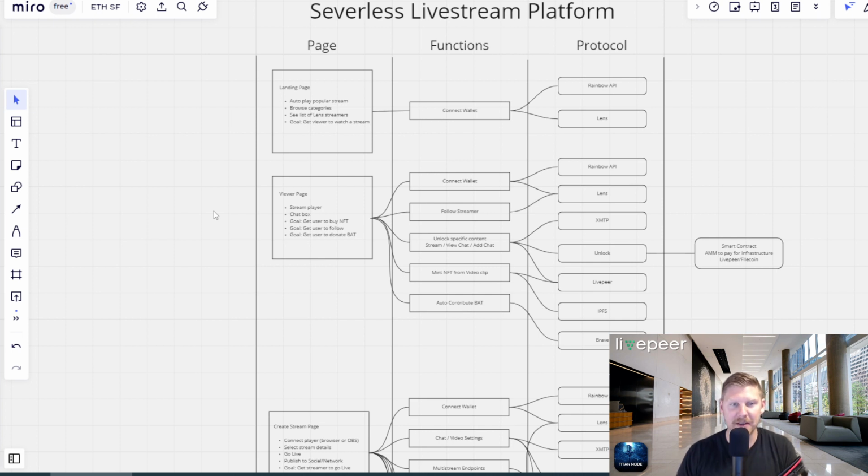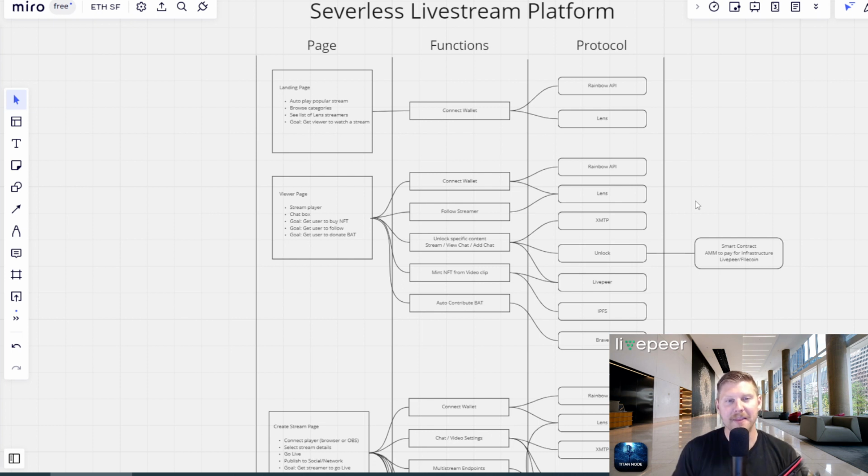Now, different problems are solved with different protocols. I know that Lens, I think, is going to be, I'm really bullish on Lens. I like what they're doing. And I think Lens and Livepeer can get along really well. They already do with LensTube, so I'm really happy about that. But we just need to create Lens like Stream, right? We have LensTube, which is a replacement for YouTube, but we can do Lens Stream, which is a replacement for streaming. Which is where Livepeer would really, really shine.